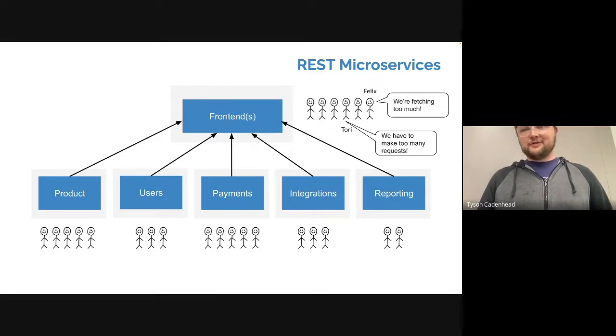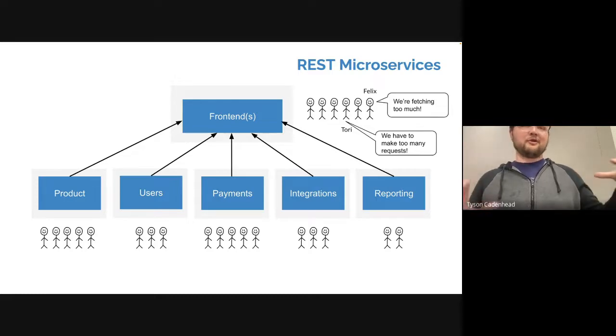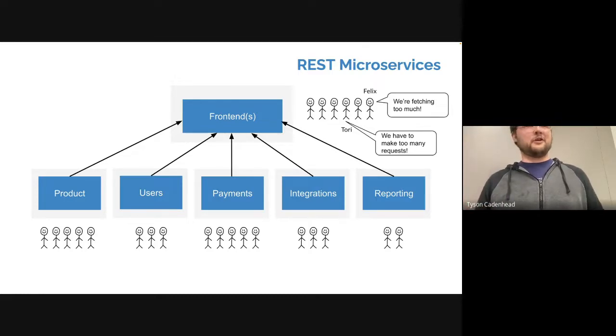So the problem there is that a lot of times, if they wanted to get back the product, they would get back the entire product object. And sometimes with a RESTful API, you'll also nest in some of the things that go along with it. Like if there are SKUs for the product, it might come in with that. Or you can break it up into smaller things, and then you're making too many requests again. So it's kind of a circular pattern.